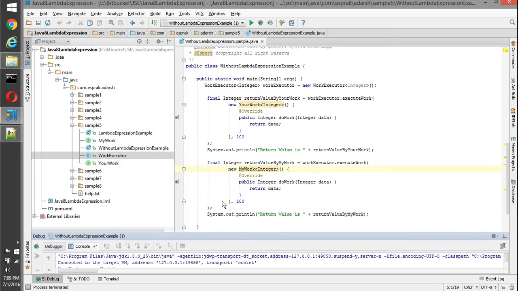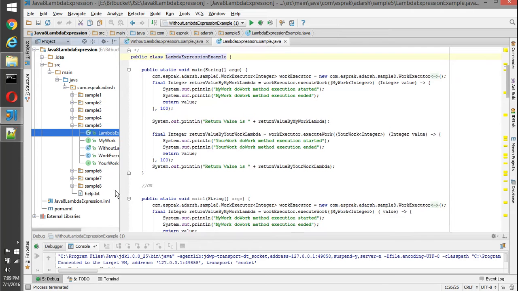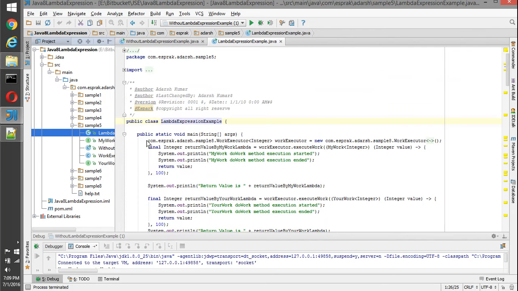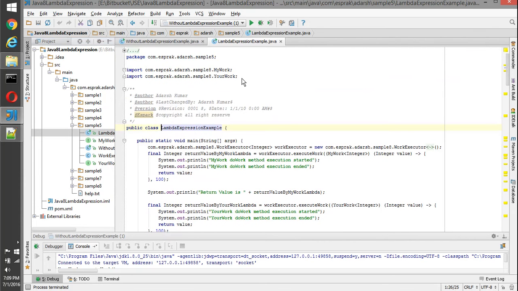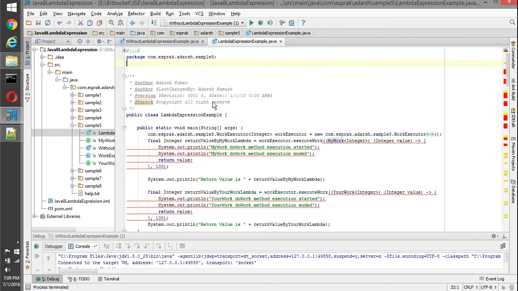We were doing these sort of practices before JDK 8, but see how we can do the same thing from JDK 8 onwards. How can we write a lambda expression for this? I need to remove all these import statements because these are from the local package here.